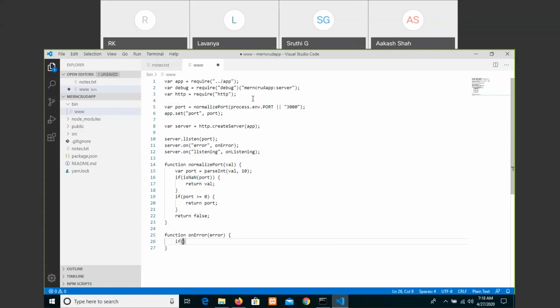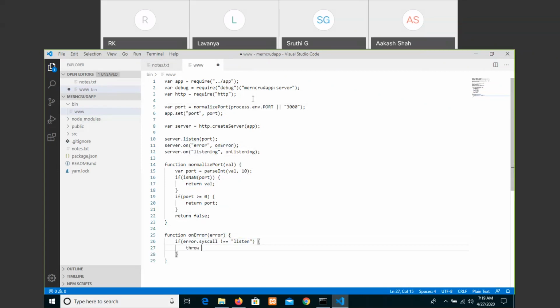If error dot system call is not equal to, not double equals to, listen, then throw error. That is, if it is not listening on the particular port number, then we are throwing that error.